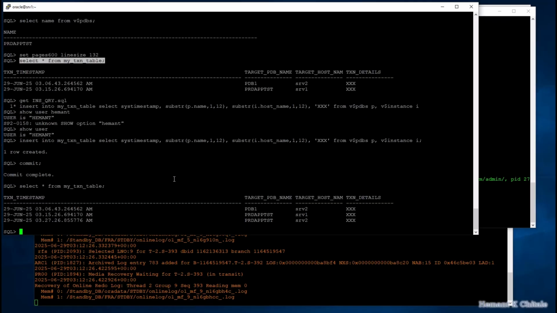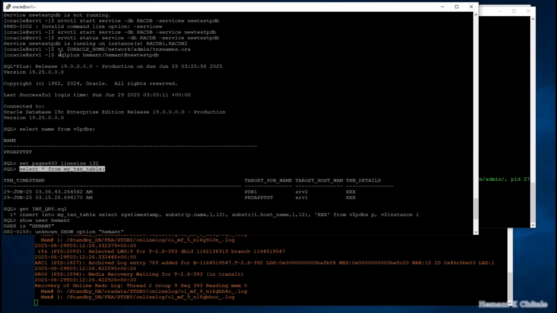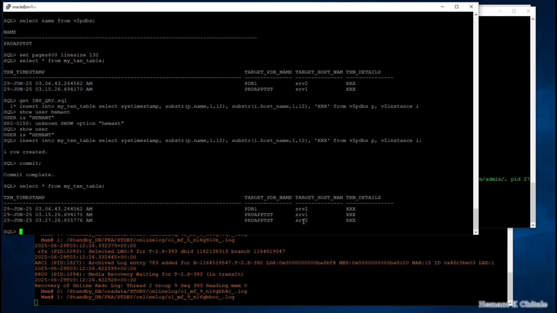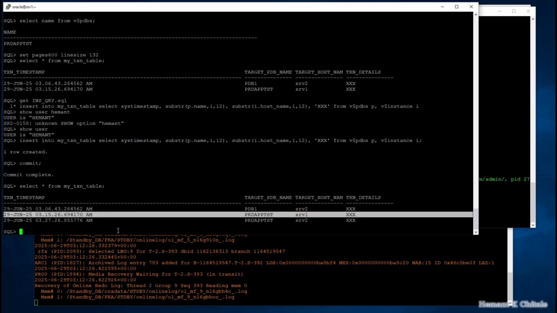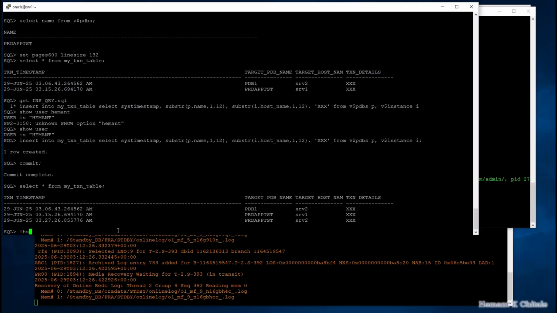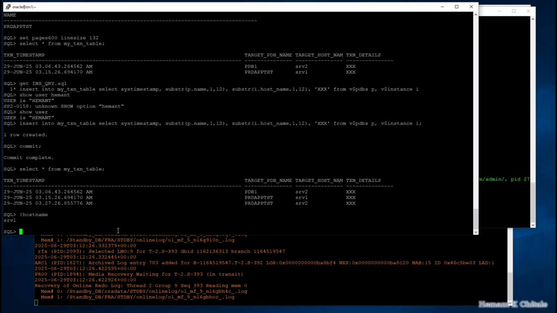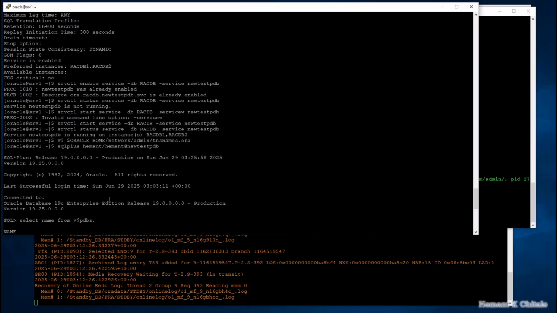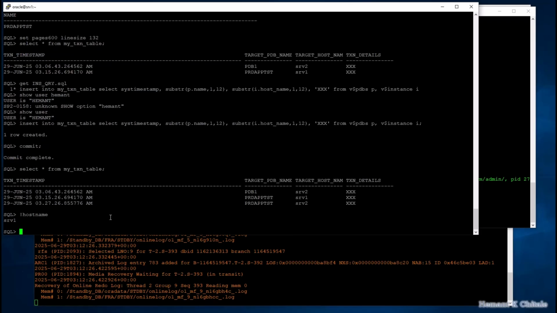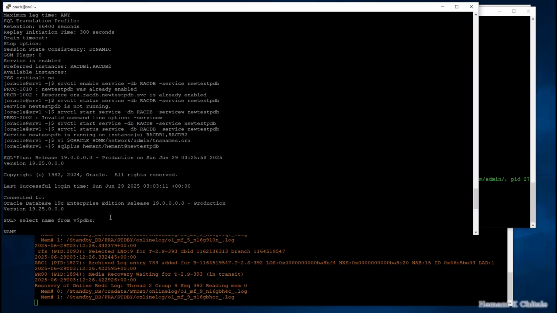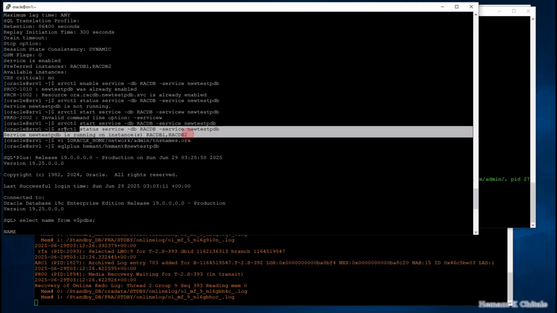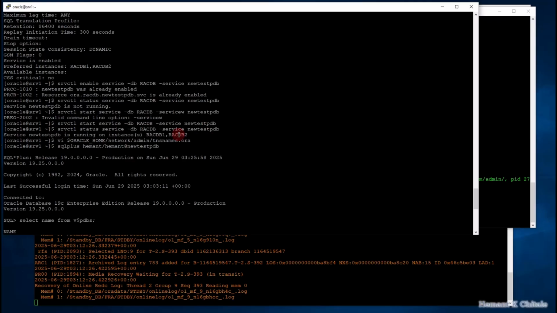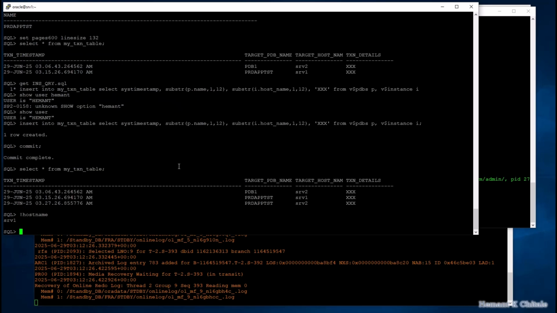now you notice that because I connected via a service name, this latest connection was via the service name, I got connected to srv2, although I am still running from srv1. So when I connect via service name, I connect to either node of the cluster, because this service is running on both instances of the cluster. So I don't need to know which PDB I'm connected to when I use newtestpdb. I don't need to know which instance I'm connected to when I use the service name